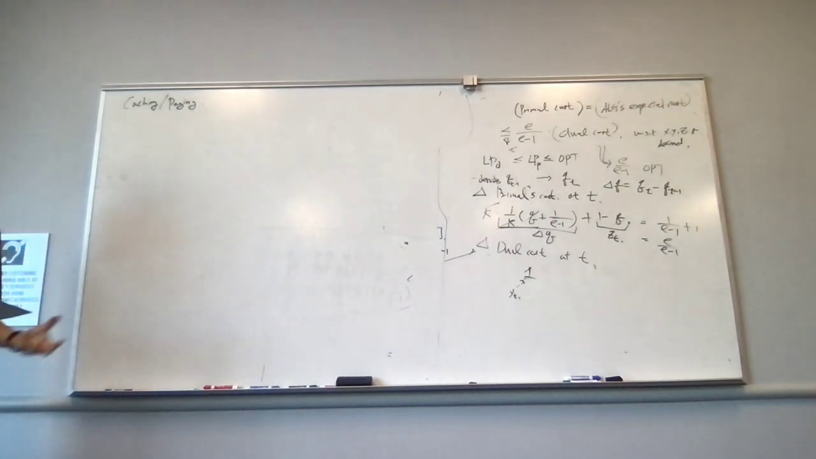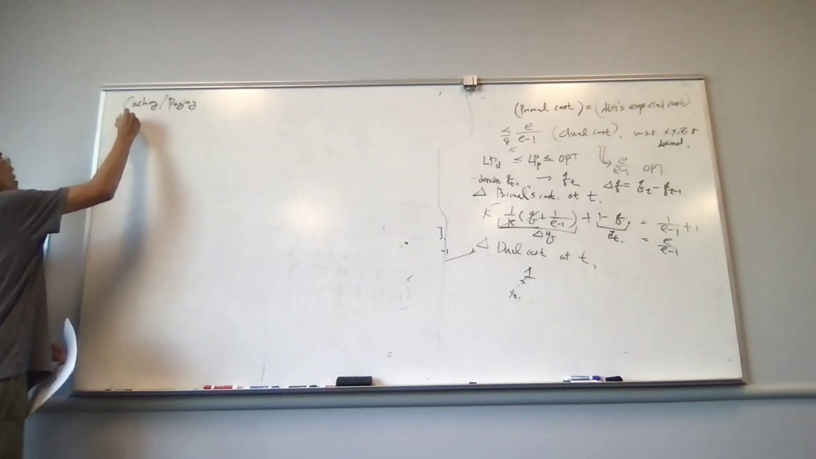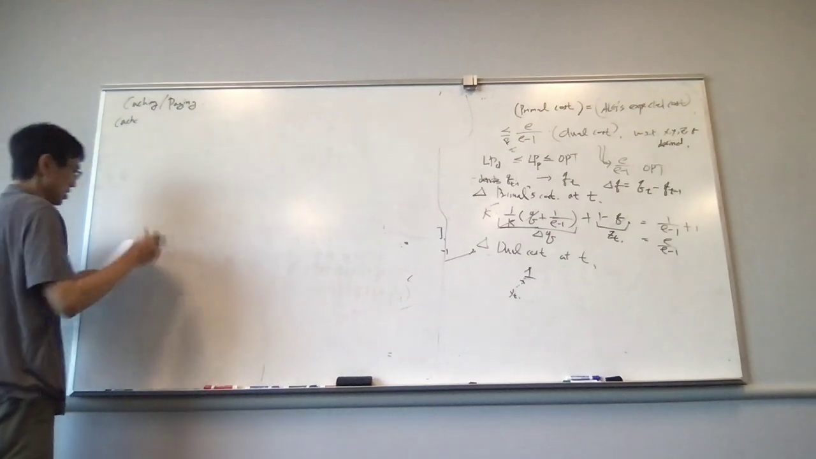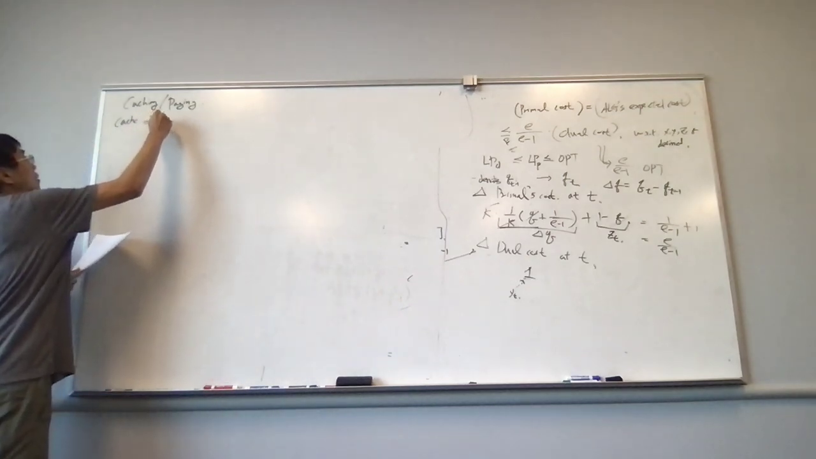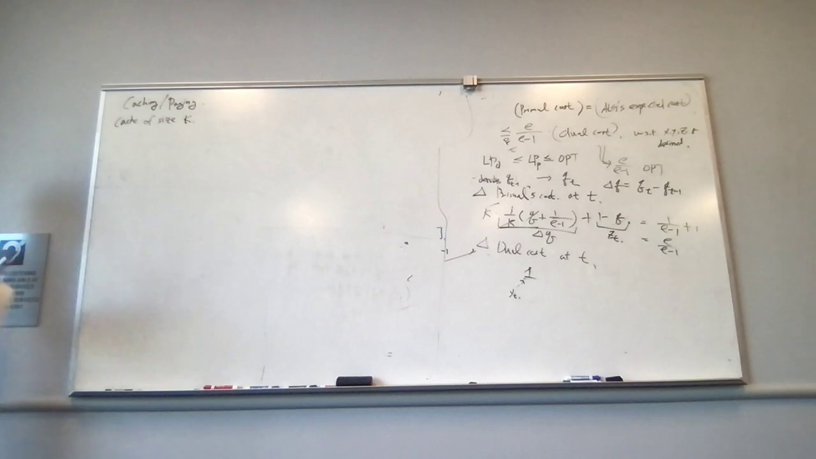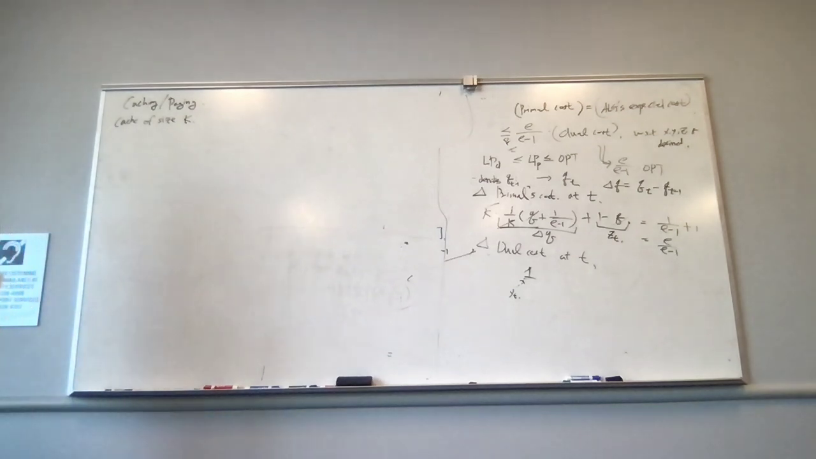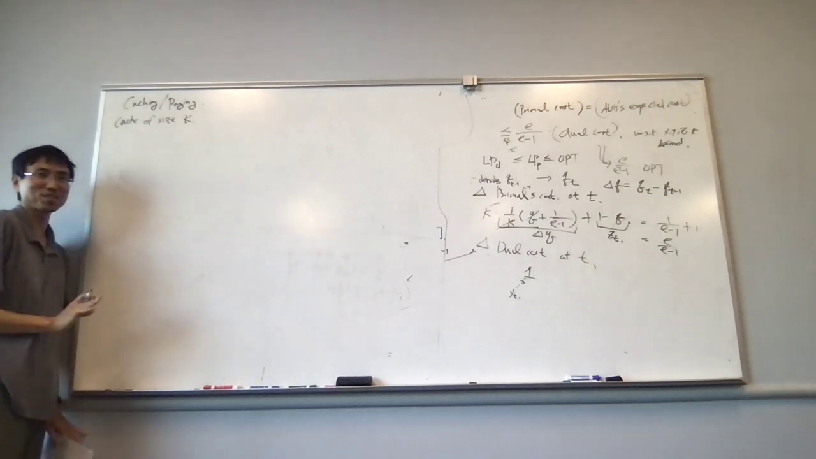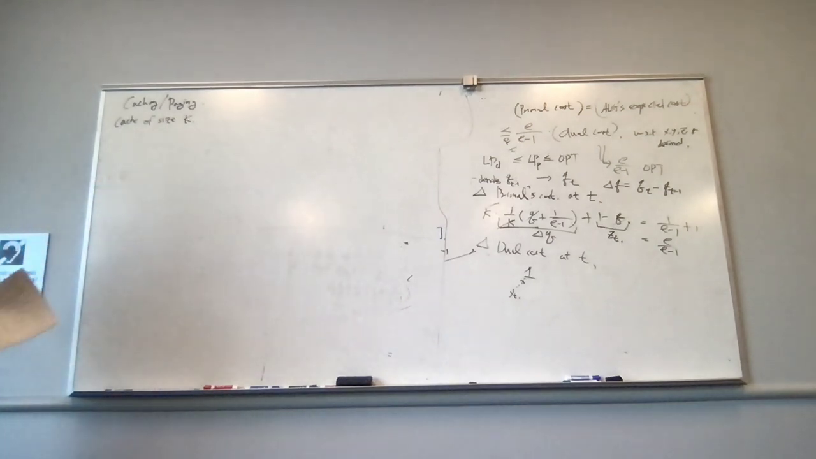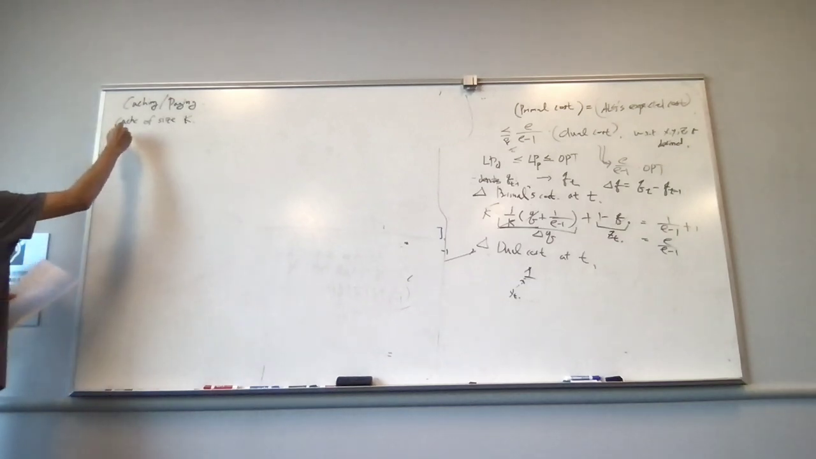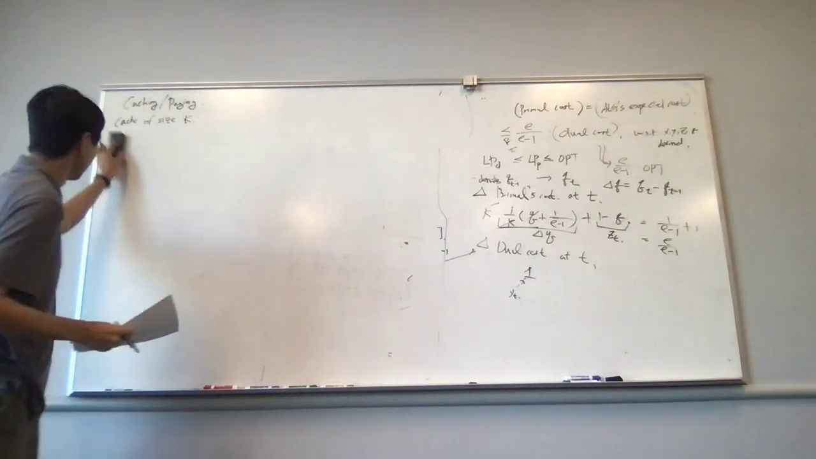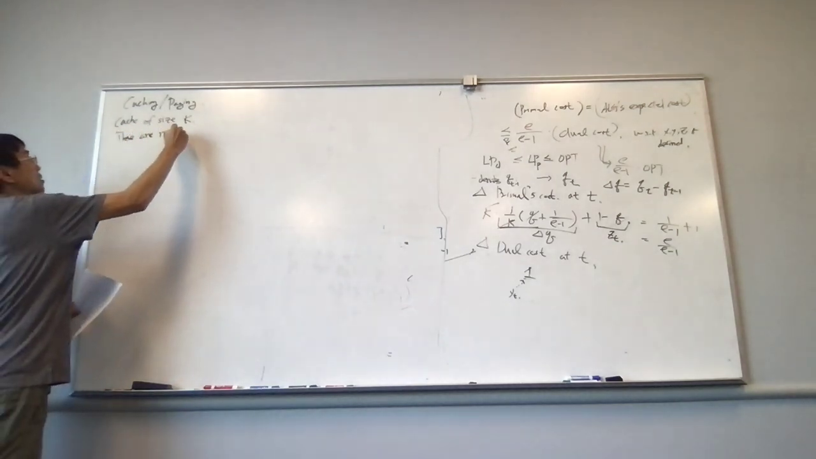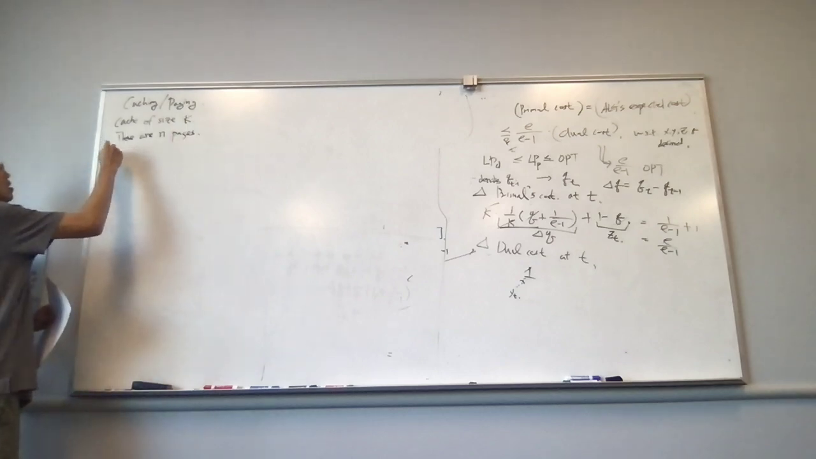Let me quickly remind you. The problem is that we have a cache of size k. We have a limited size of cache. If the size is infinity, no problem, you don't have to do anything here. But we have limited size. And then there are n pages, a sequence